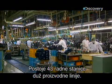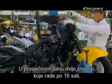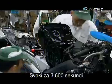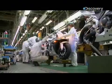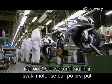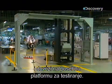There are 43 different workstations along the final assembly line. On an average day, 2 shifts of people, working a total of 16 hours, produce 850 motorcycles, each one in precisely 3,600 seconds. After 3,600 seconds on the line, each finished motorcycle is fired up for the first time and ridden onto a